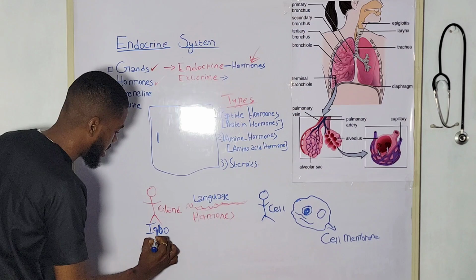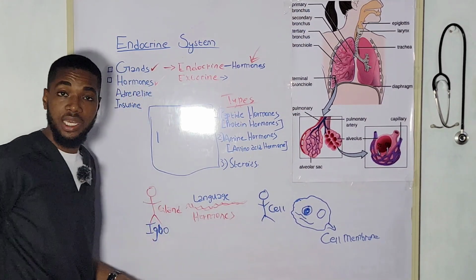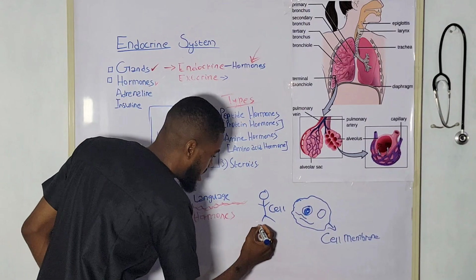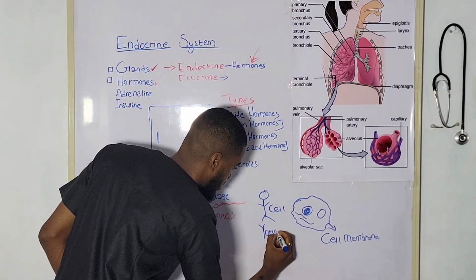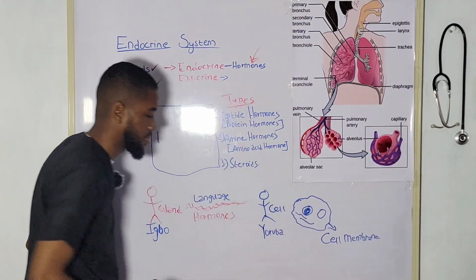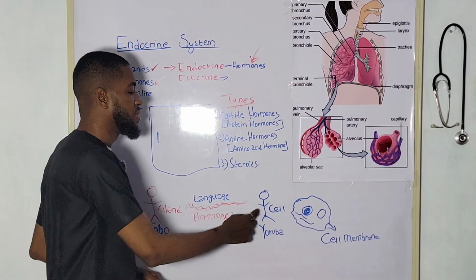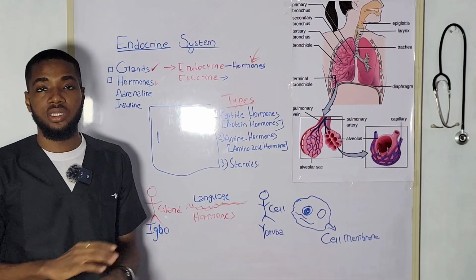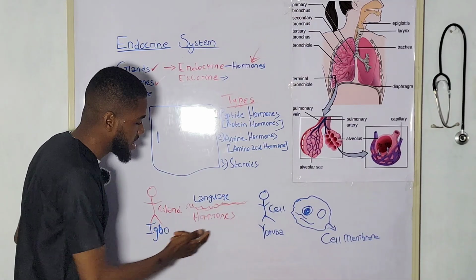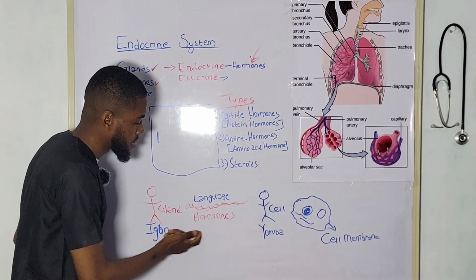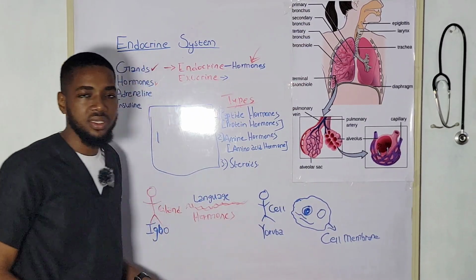Now, if I'm speaking Igbo, and this cell here is another person, let's say a Yoruba person, okay? Now, if I were to speak Igbo, there's a chance that if this Yoruba person doesn't understand Igbo, he will be confused when I speak. So when I speak to him in this language, Igbo, which is representing the hormones, when it gets to this guy being the cell, all right,